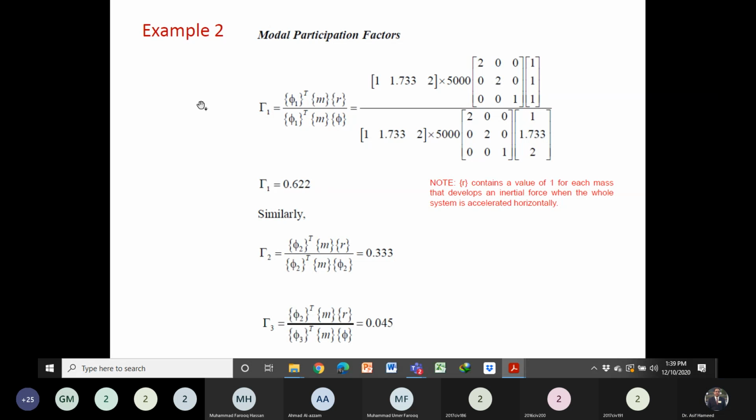For example, look at the mouse. We have the vertical member here, horizontal member here. We have the mass at this position. We have the mass at this position. Suppose this mass can move in the horizontal direction and a mass which is at the end of the cantilever beam or the horizontal member cannot move in the horizontal direction. It can move only in the vertical direction. So because of the lateral force, the influence coefficient value for the mass which cannot resist in the direction of the force will be equal to 0.